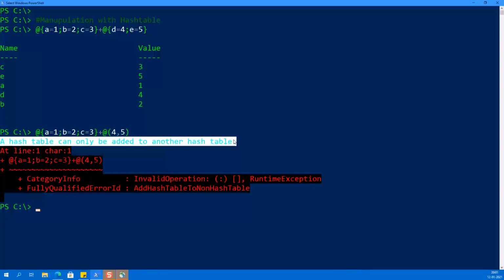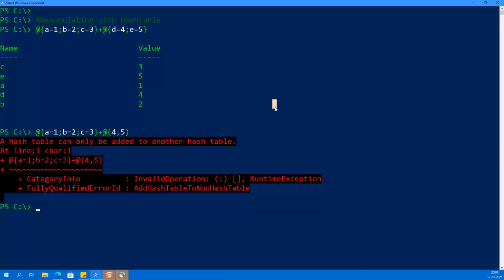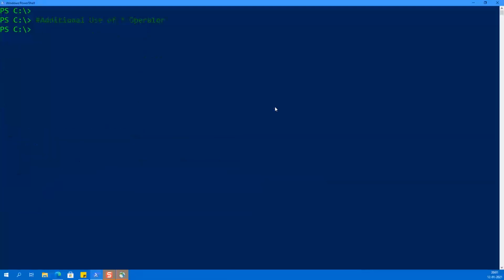Now let's see some additional uses of the multiplication operator. In previous examples, we saw in arithmetic operations, multiplication can be used to multiply two numeric values. But we also have some additional use of the multiplication operator.